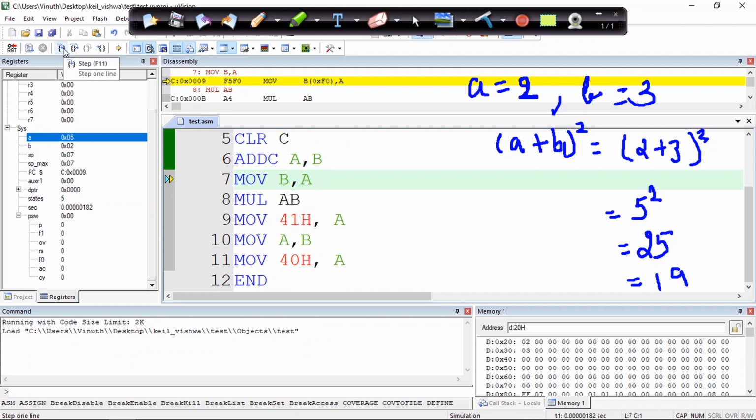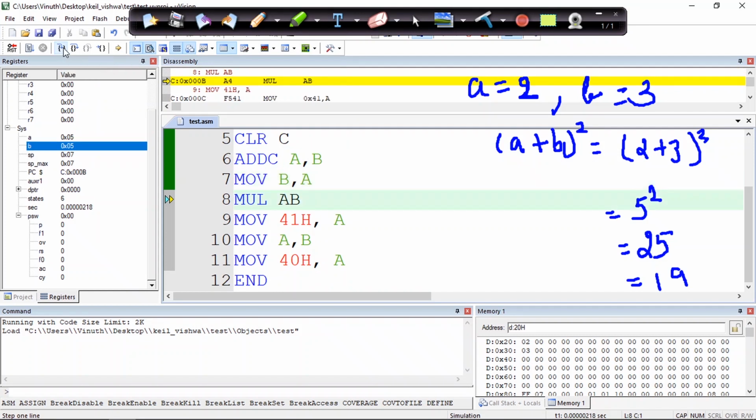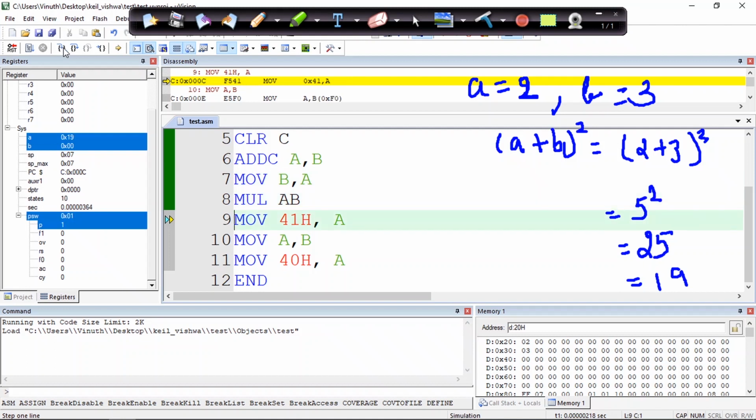Now I need to perform the square, so I'll move the same data to register B, and then perform the multiplication operation. The result is 19. This 19 should be stored in 41 hexa. Since my higher nibble is 0, it will be 00 itself, so the result we have got is 0019.